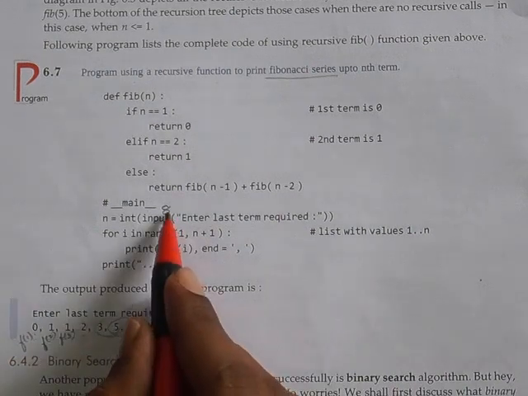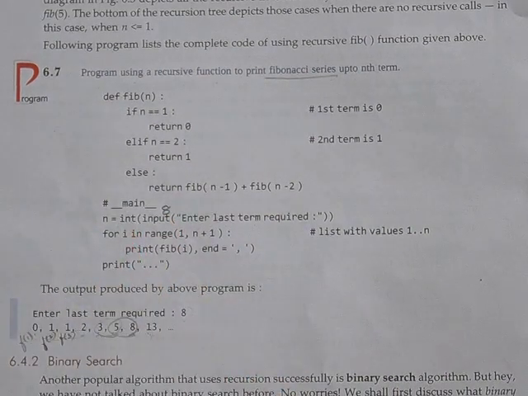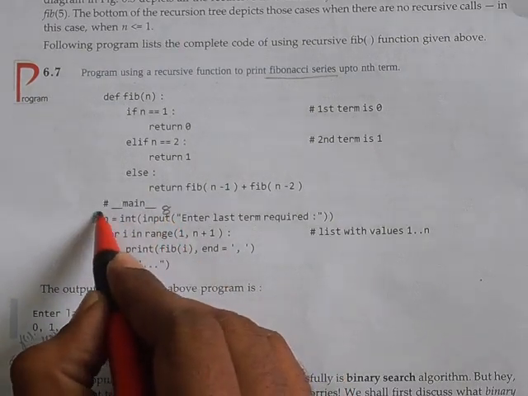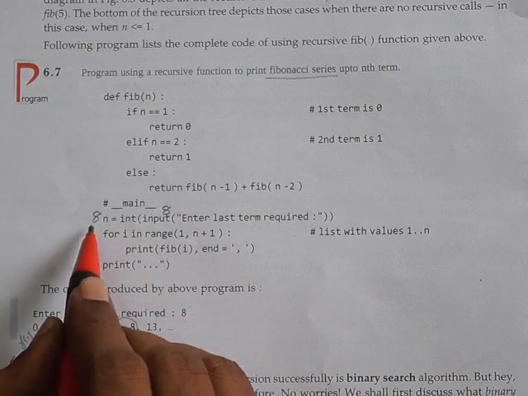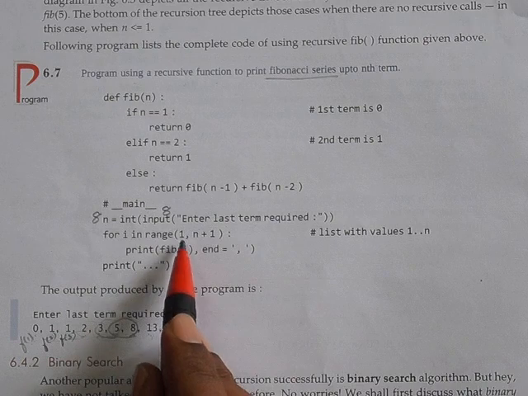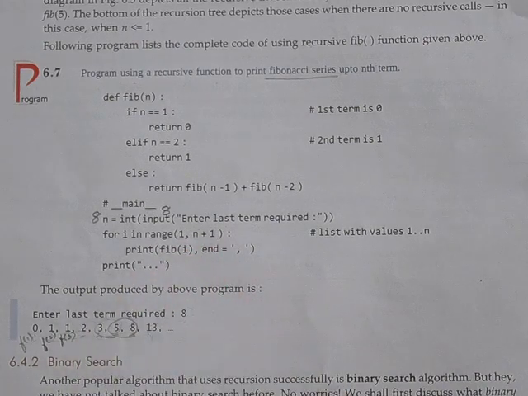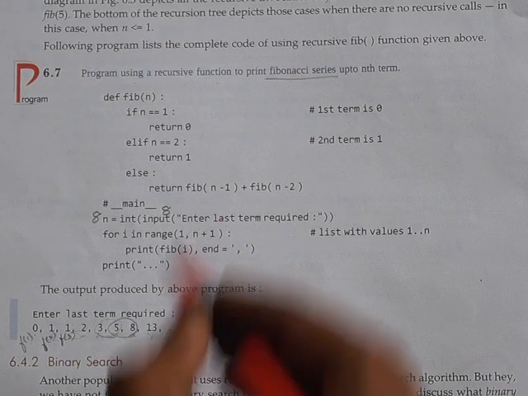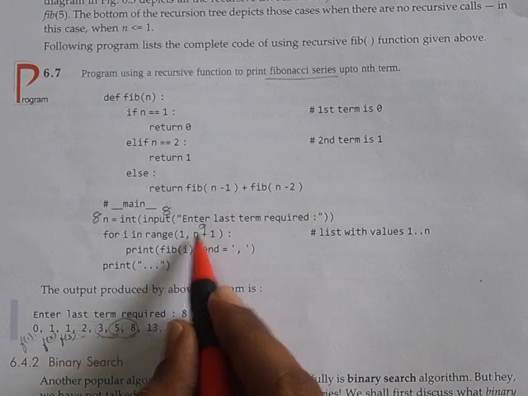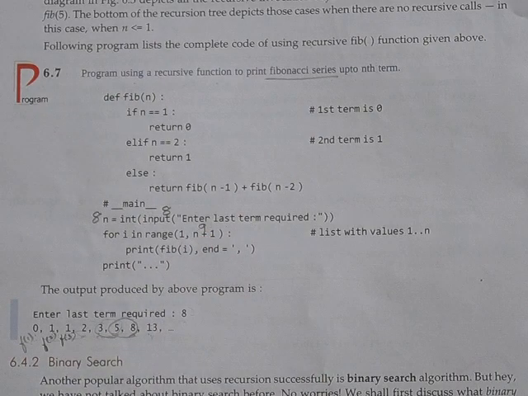So this number should be an input, purely an int number. Then this number 8 will be saved in n. What is the value of n? It is 8. Right. So for i in range(1, n+1). n plus 1 means 8 plus 1, so it is 9. Okay, so 1, 9.